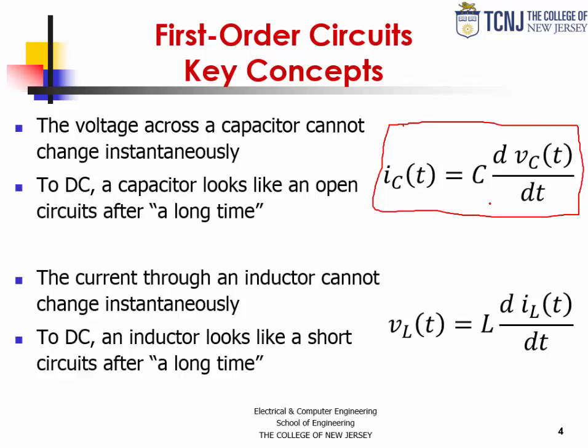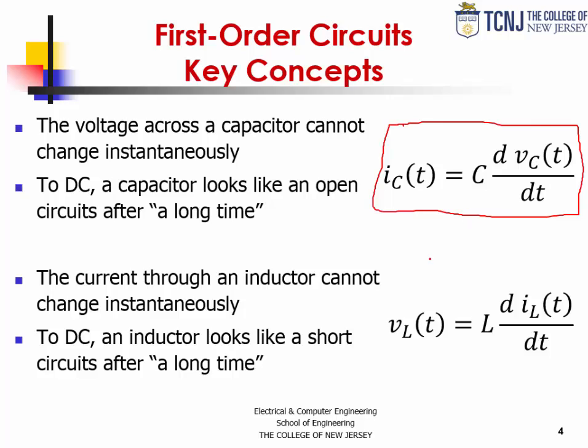The first one is that for that derivative to be finite, as it should, the voltage across a capacitor cannot change instantaneously. The other key concept is that if the voltage is not changing, then the current through the capacitor is zero, because the derivative will be zero. What that means is that for DC circuits, when the voltage is not changing, the capacitor will look like an